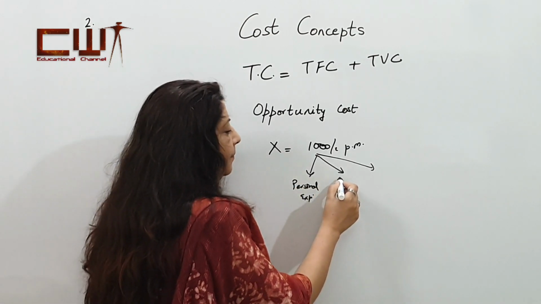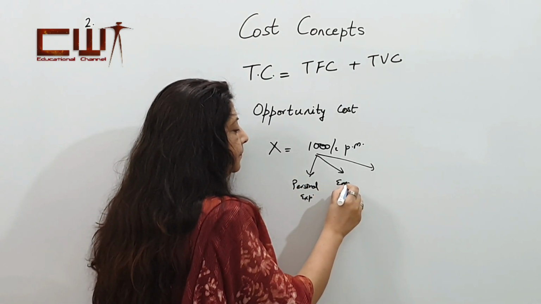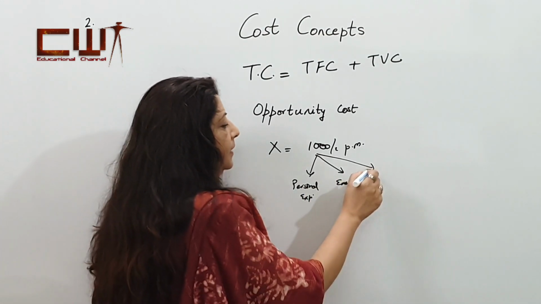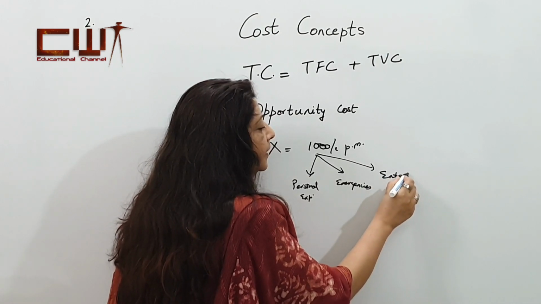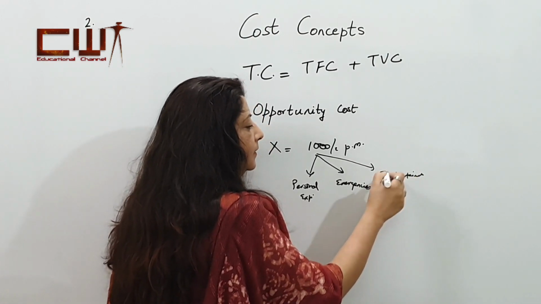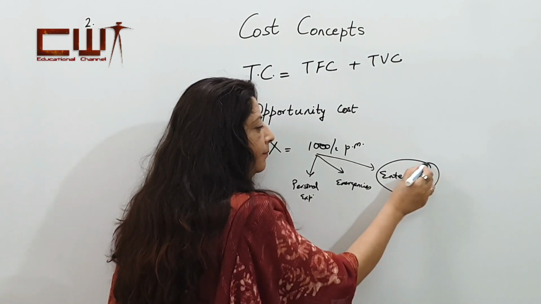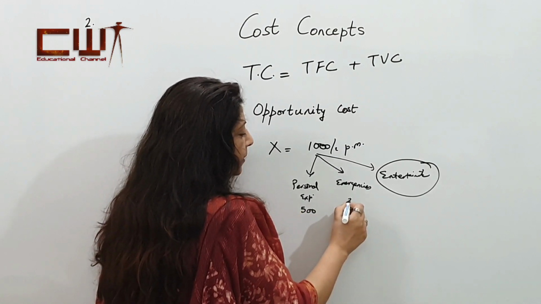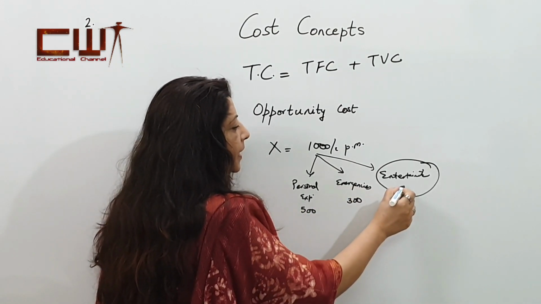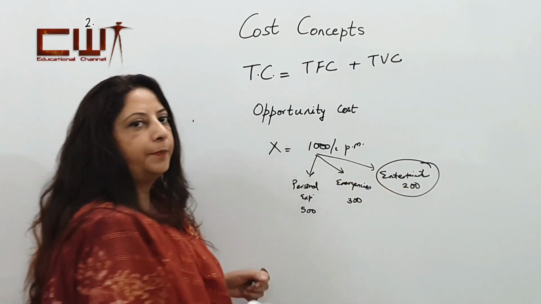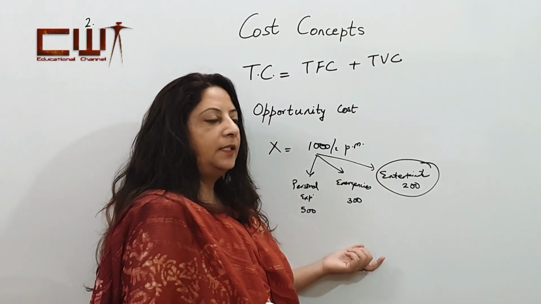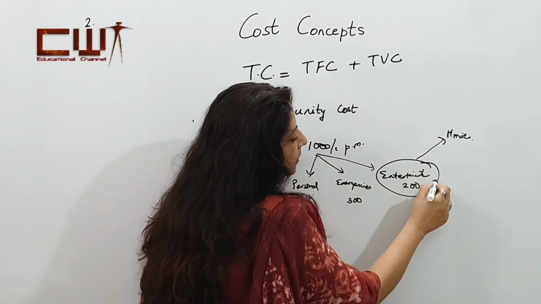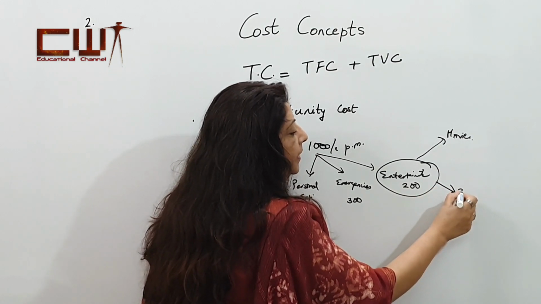Then he has some expenses for emergencies. He is keeping aside some amount for emergencies and then some amount he has kept for his entertainment. Let us suppose personal expenses are 500, 300 he keeps for emergencies and for entertainment he has kept 200 rupees. Now, supposing this person decides to go for a movie, or the second alternative that he has, maybe he can eat out